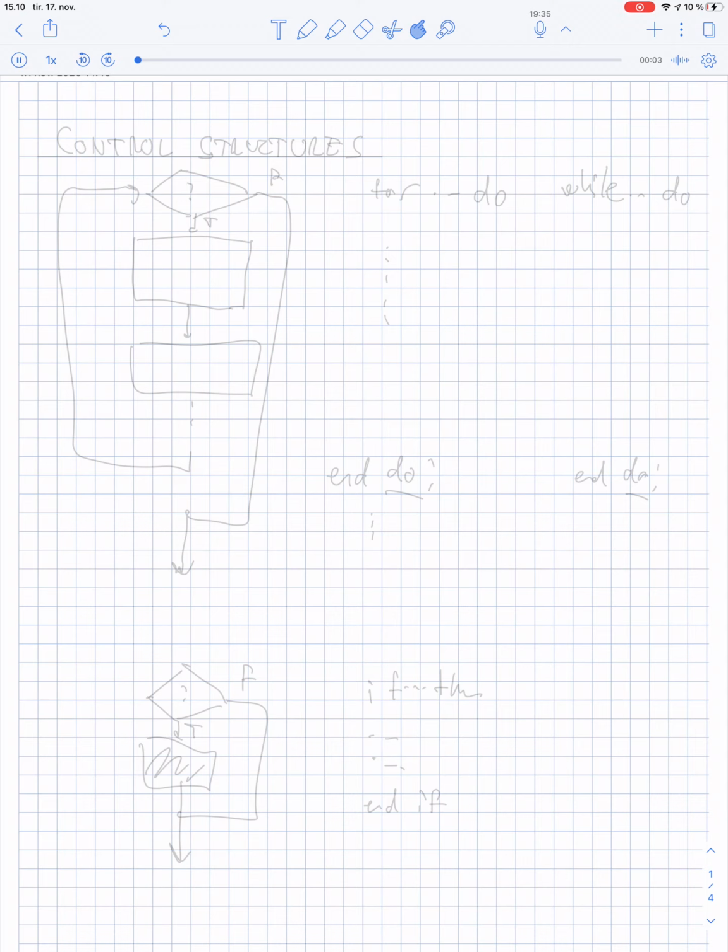Okay, so I'm going to just bring up a few minor comments about Chapter 2. So first of all, let's talk about control structures. What I mean by control structures is the way that Maple lets you design your program, in the sense that